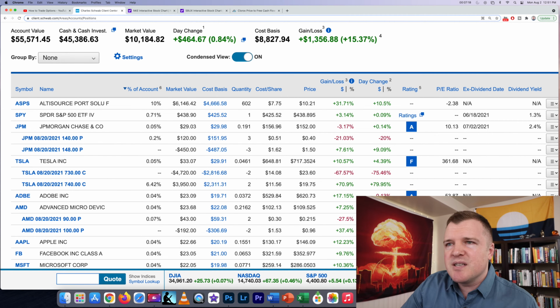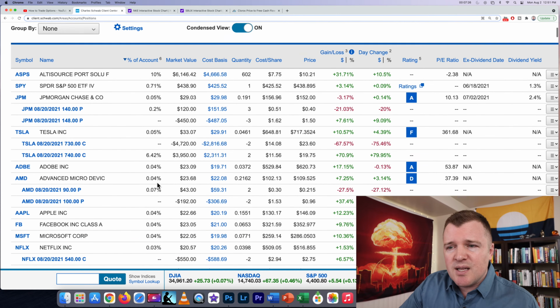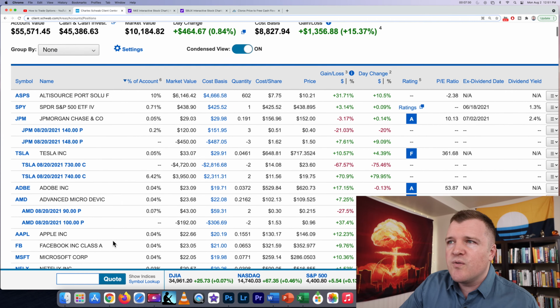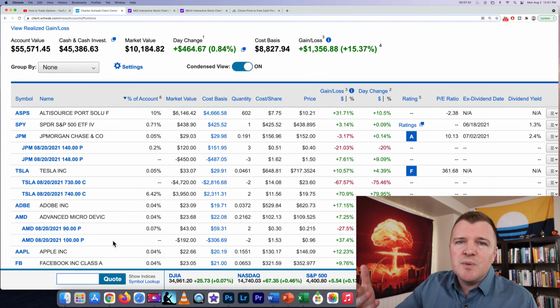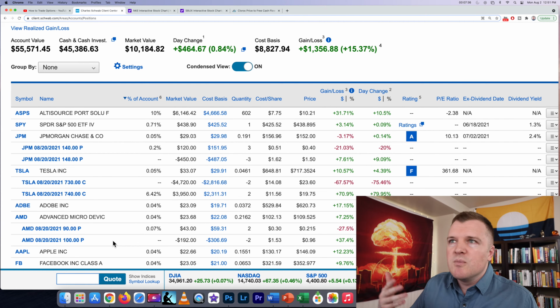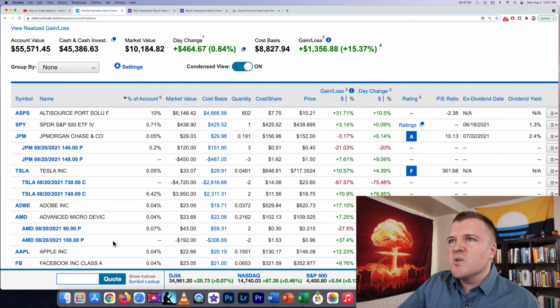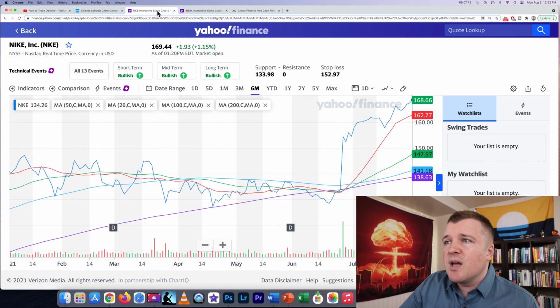If you watched my last video, this is the credit spread I sold on JP Morgan. This is the credit spread I sold on Tesla. I also sold one on AMD and Netflix that I didn't do a video for. I'm just starting to accumulate them whenever I see a chart and I say, this looks like a good bet, basically. But we're doing debit spreads, and the first stock that we're going to do a debit spread on is